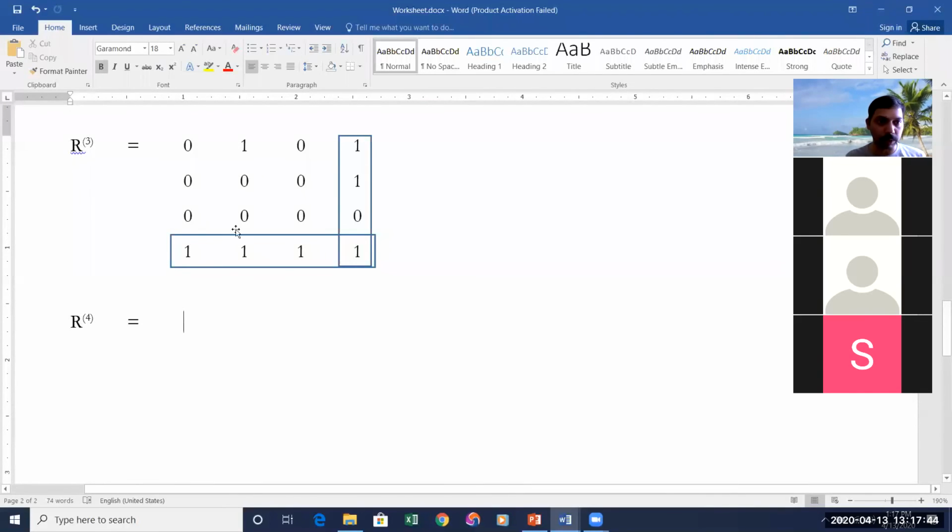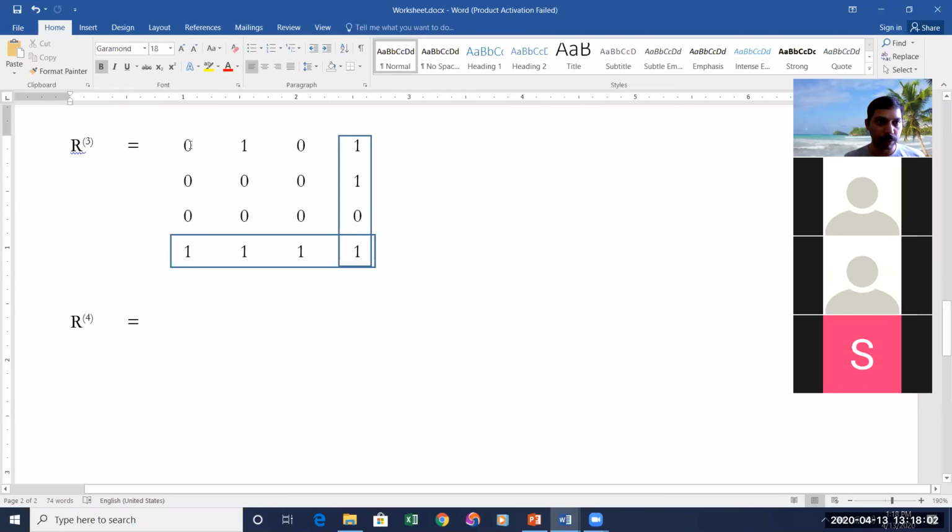K is equal to 4 means in the previous step you are supposed to mark the fourth row and the fourth column. Remember that the row number starts from 1 and not from 0. The column number also starts from 1. It is column 1, column 2, column 3, and column 4. Similarly for rows.